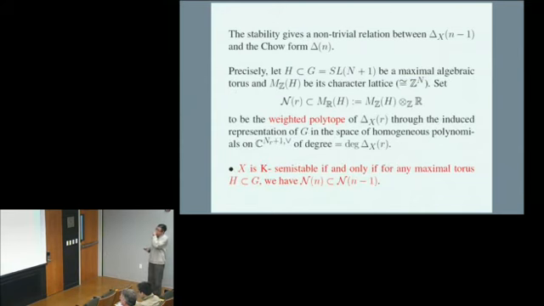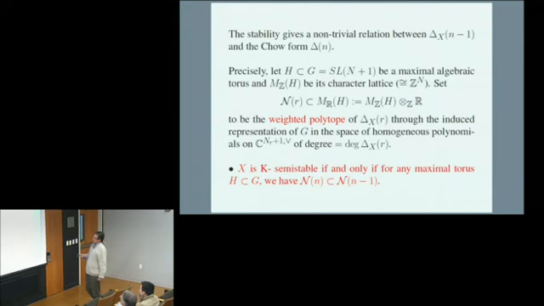So now, the Kähler stability of Chern-Weil actually gives a non-trivial relation between these two polynomials. More precisely, how do we do that? We take any maximal algebraic torus in this linear group. Okay, so